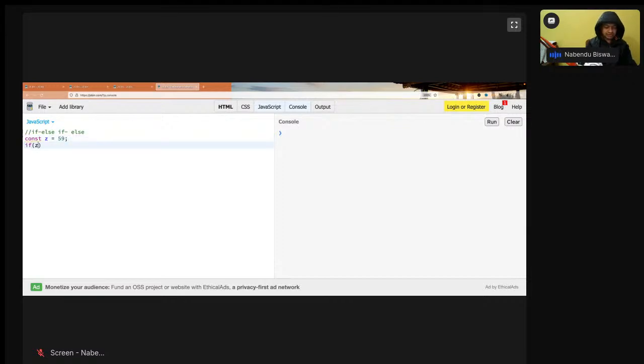If z is greater than 100, console.log of z is greater than 100. Now there is something known as else if also. Else if z is greater than 80, then console.log